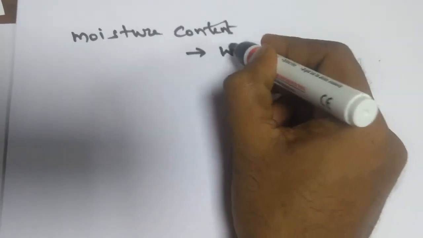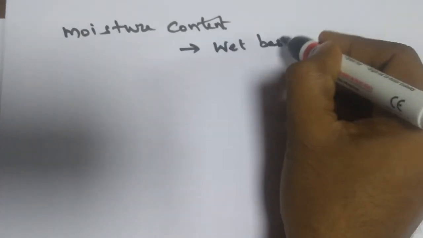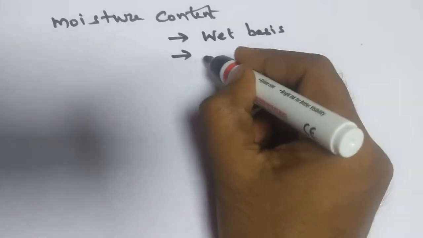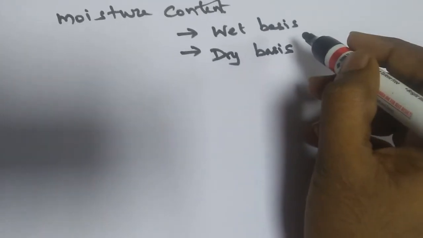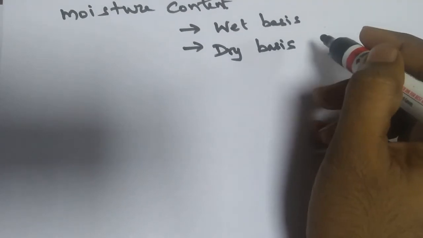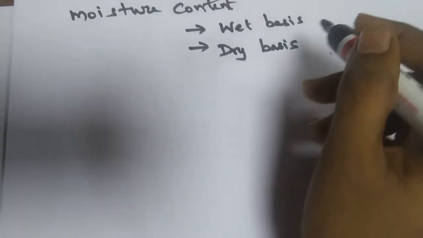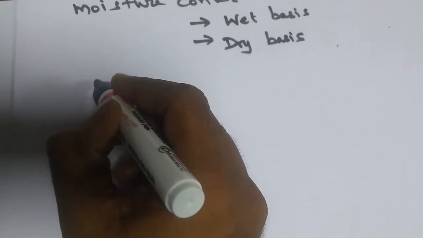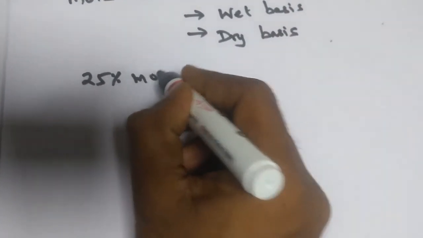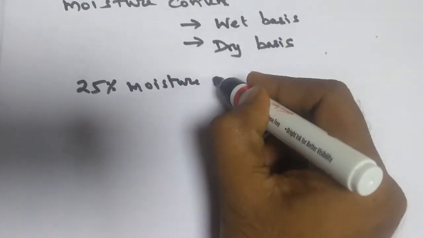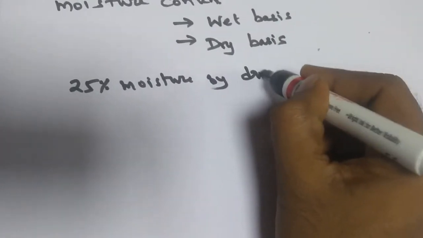One is wet basis, another one is dry basis. Wet basis and dry basis. Let us say if one refers that there is 25% of moisture by dry basis,